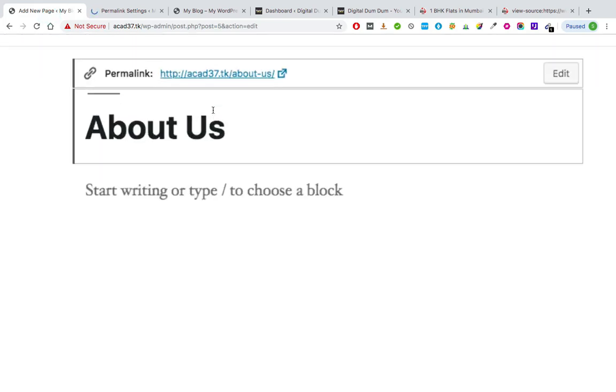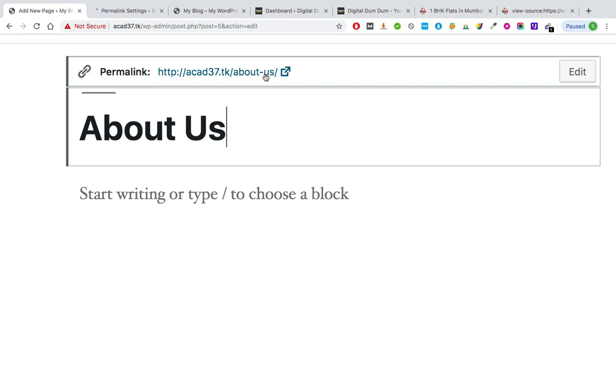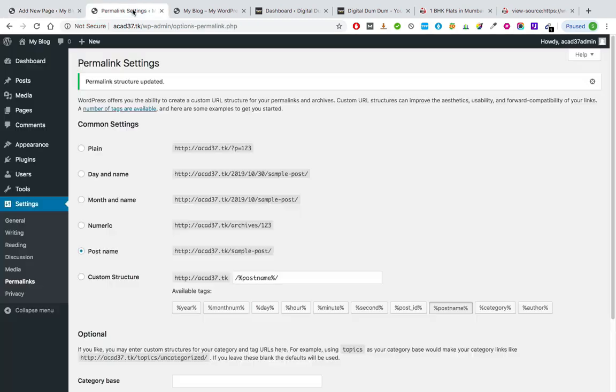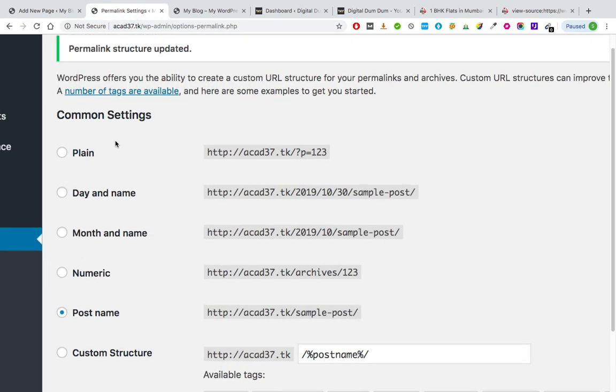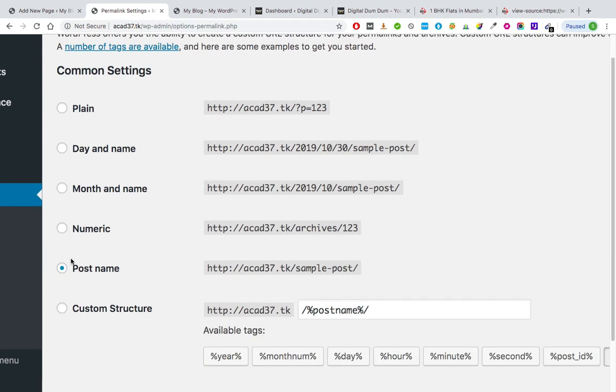Now let us look at the permalink. Yes. So instead of that random code, now you will find acad37.tk slash, this time the slug is about us because the title is about us. So WordPress automatically populates the title in the slug. Why? Because we have turned the permalink setting from plain to post name. Okay.